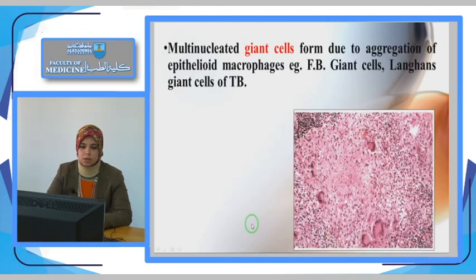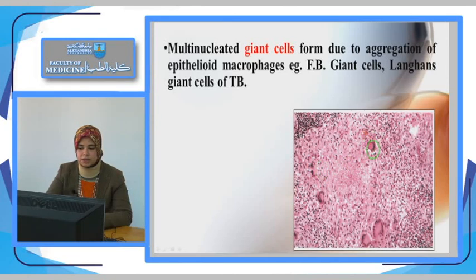طيب ممكن one of the components of the granuloma احنا اتفقنا ان انا عندي بيبقى ممكن الاقي central area of necrosis surrounded by aggregate of epithelioid cells and the outermost layer will be the collar of lymphocytes. ممكن الاقي cells كبيره زي دول, احنا شايفينهم كبار, so they are named giant cells, الخلايا العملاقه. تمام. These giant cells are formed due to fusion of the epithelioid cells. يعني ممكن شويه epithelioid cells fuse together and they form these large multinucleated cells, يعني they have multiple nuclei, and it results from fusion or aggregation of epithelioid macrophages.